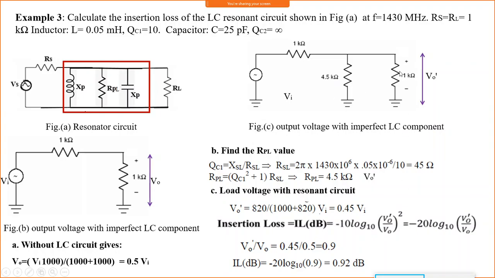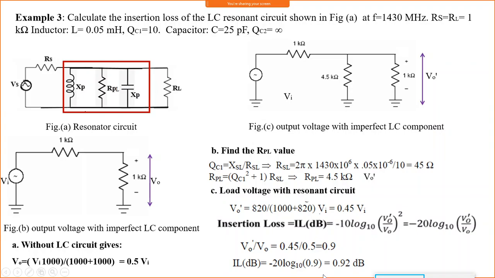So now again find out the voltage across this output terminal. You should find out the equivalent of this 4.5k in parallel with 1k. You make it as one resistance because they are in parallel across the output terminal. Whatever the drop across this, that is the voltage. So what we have to do? We take a parallel combination of 4.5k and 1k.